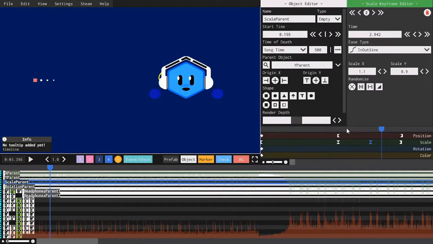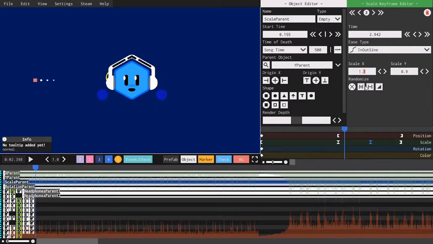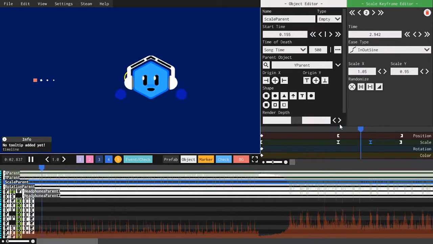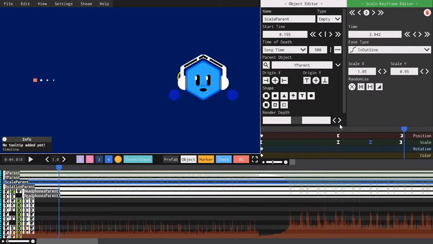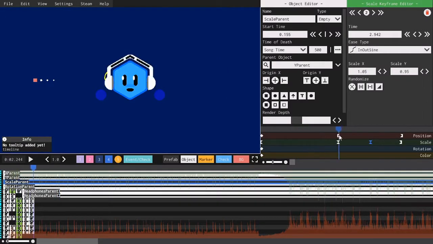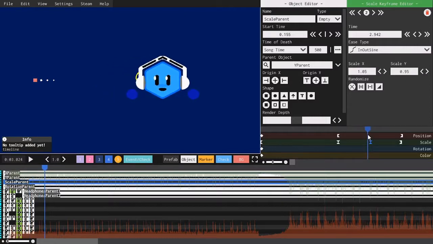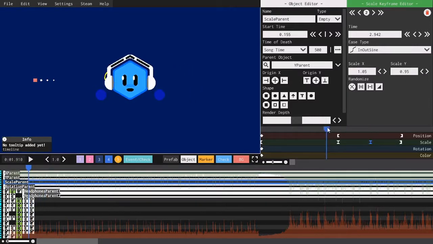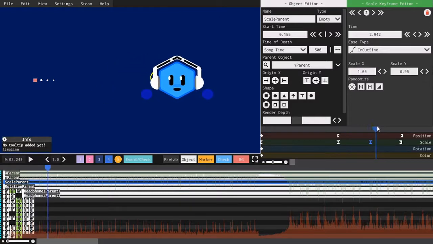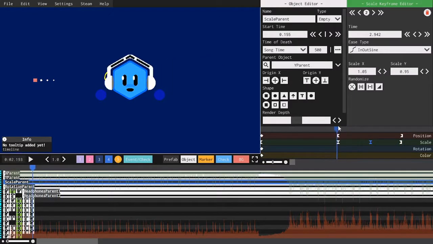Now, this might be a bit too exaggerated, so you can keep adjusting the numbers to find the right amount of squish and stretch. Like that. So now that's the basics down. I'll do some more complicated stuff, like let's say you want your character to go up a little bit and slam into the ground. Now there's two ways to do this. There's a simple way and a more complicated way. I'll go over both, but the simplest way